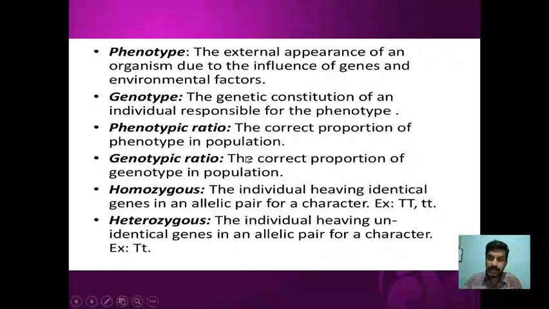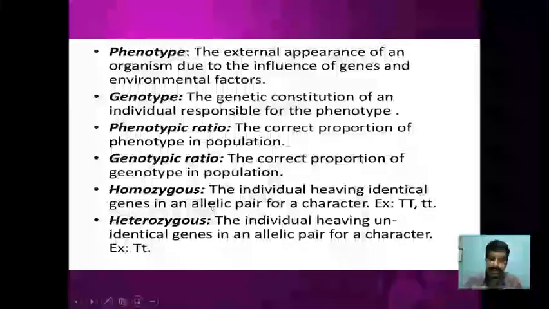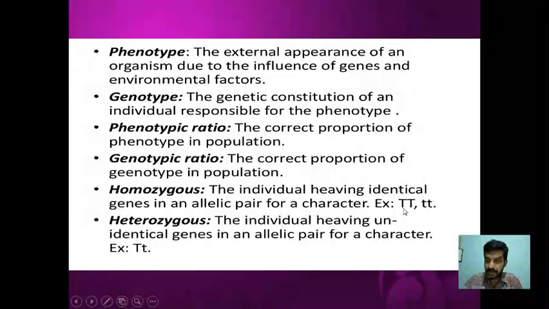As we work out the Mendel cross, we are going to find this out. Then homozygous is the individual having identical genes in an allelic pair of a character. Example, say